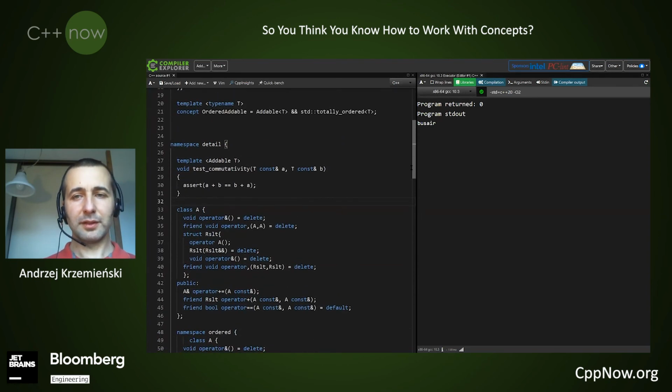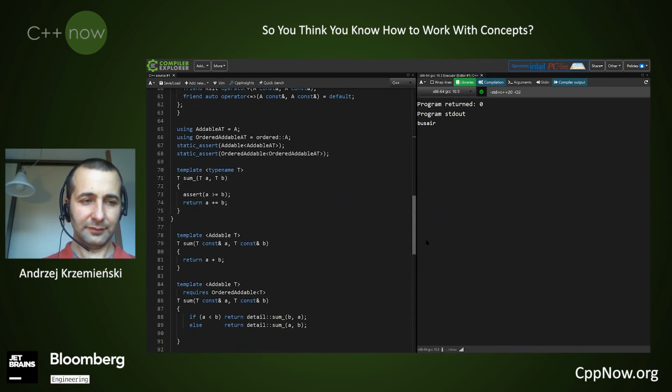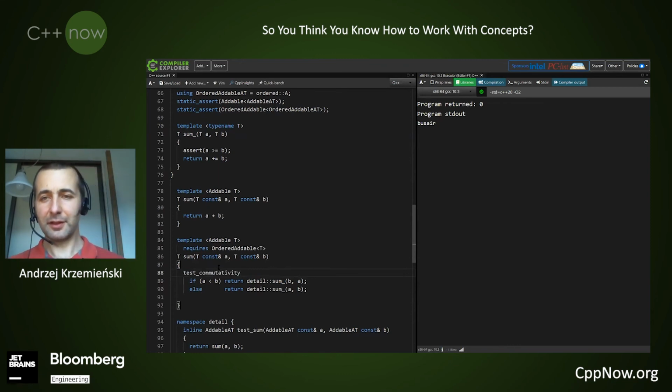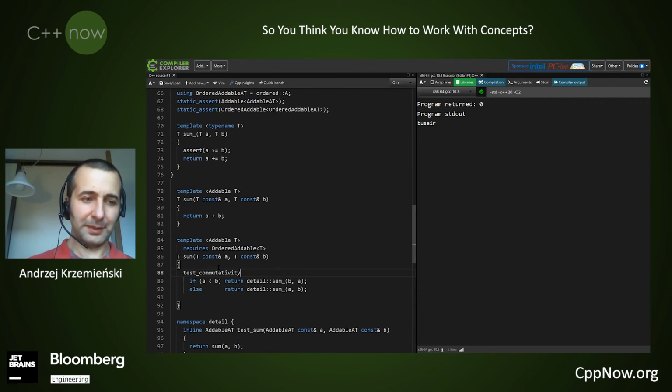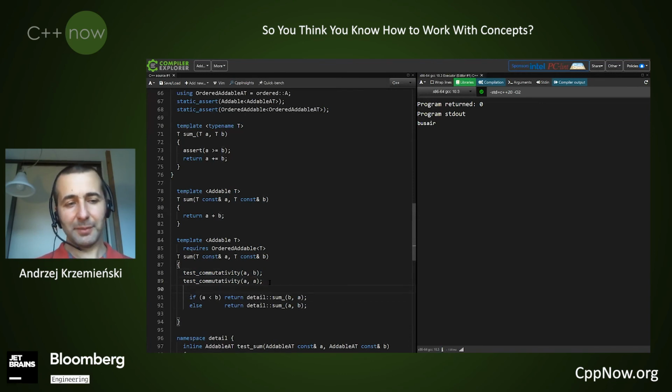But where do I put it? The only place to put it is in those implementations. This is the only reason why I might consider actually using if constexpr, because then I would have to put my test only in one place. Now I have to put it in both overloads. I can put it this way. I could also try to check. This doesn't make sense for this particular semantic requirement, but it could make sense if I had others.